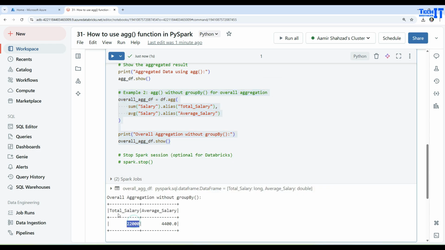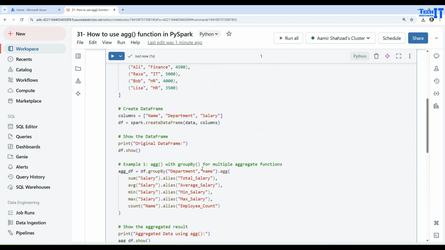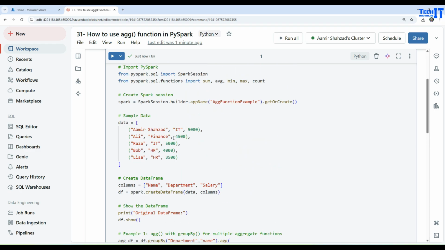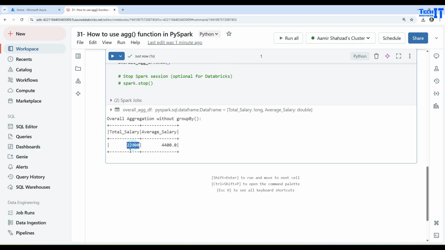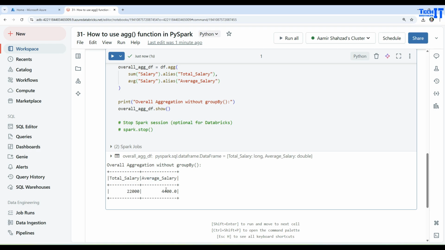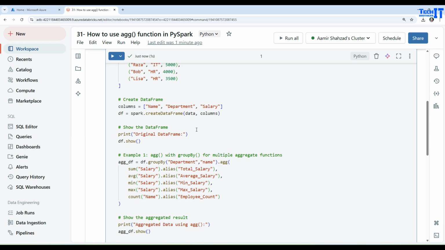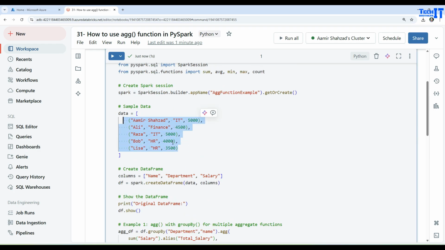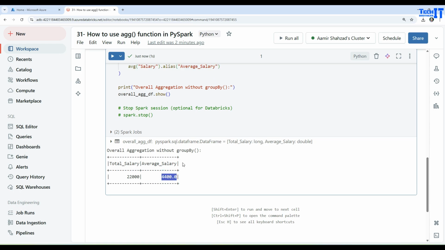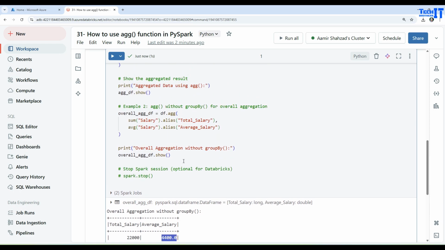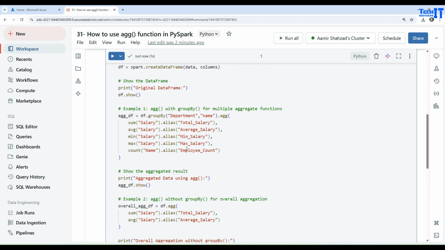So here's the total salary. If we add up all these values here, they become 22,000, and then the average salary adds up to 4,400. If you add all these values and divide by 5, the number of records we have here, this is the number you get, because this is an average. So you can either use the aggregate function as is without group by, or with the group by, depending on your need, how you want to analyze your data,